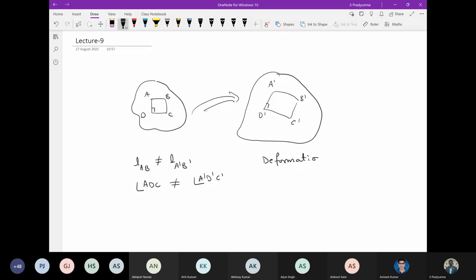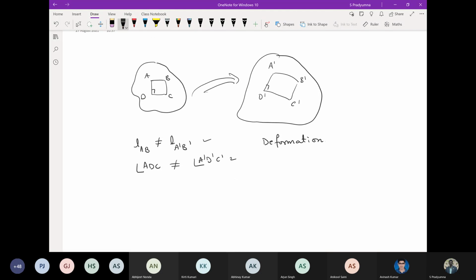Deformation is there. Because of the deformation, there will be stress and there will be strain. The strain has two components: one is the change in the length, another is the change in the angle. These are the strains we are dealing with. Now, let's say I consider a small length AB. Let's assume that initially it was L naught. Now it deforms and becomes L final, LF. So this is A dash B dash.